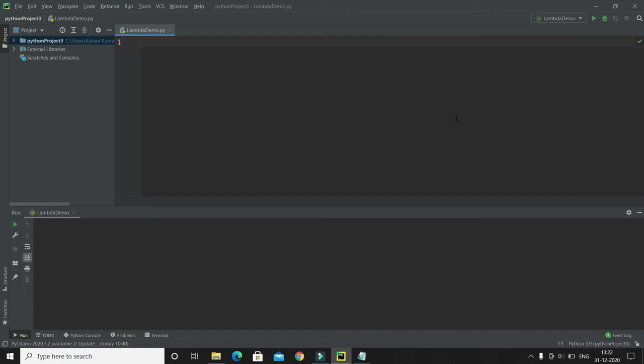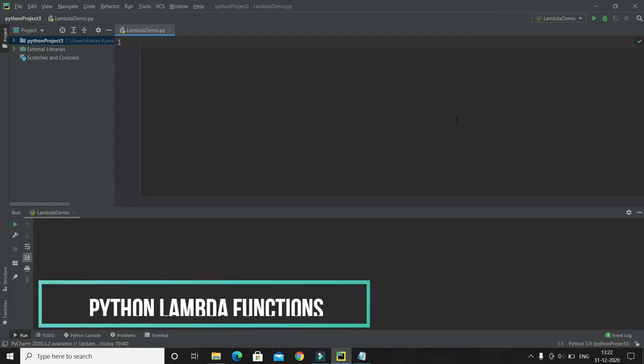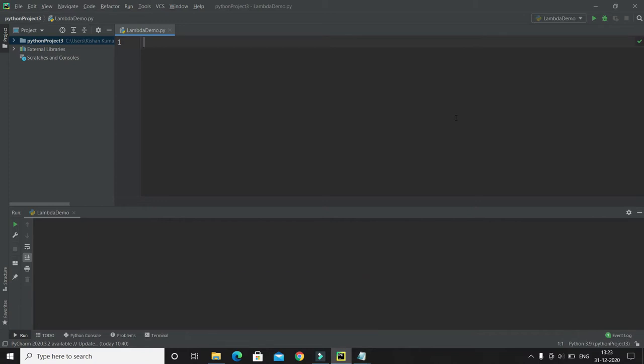In this video tutorial, we'll talk about lambda expression in Python. First of all, let's talk about what is lambda in Python, and afterwards we'll see how we can implement lambda, right? A lambda function is a small anonymous function, means function without name is called anonymous function. A lambda expression can take any number of arguments but can only have one expression.